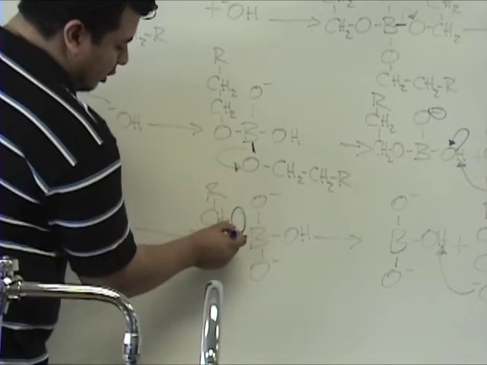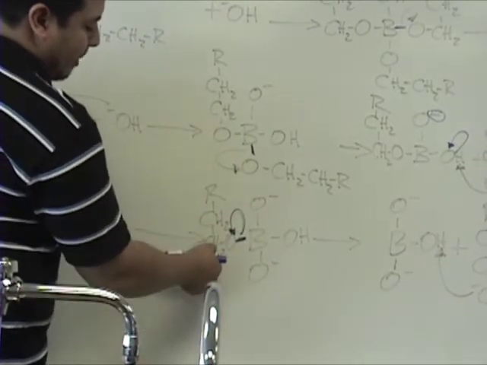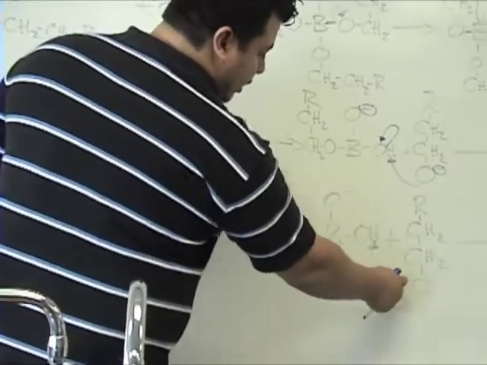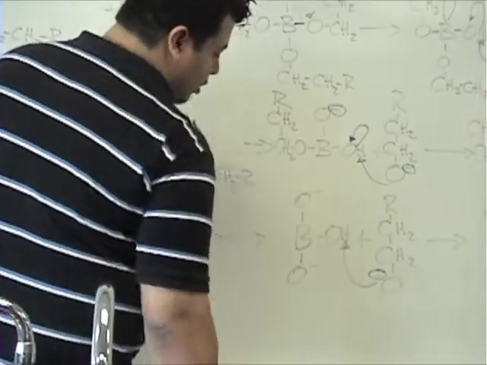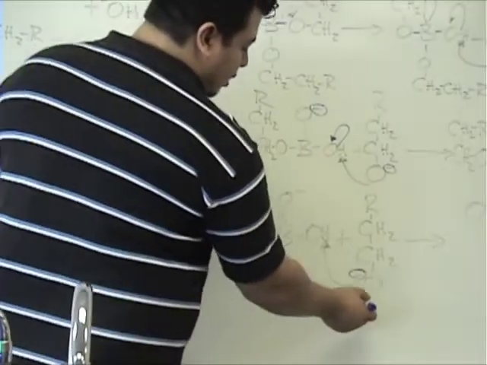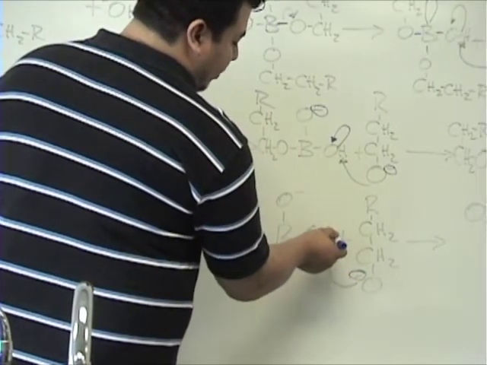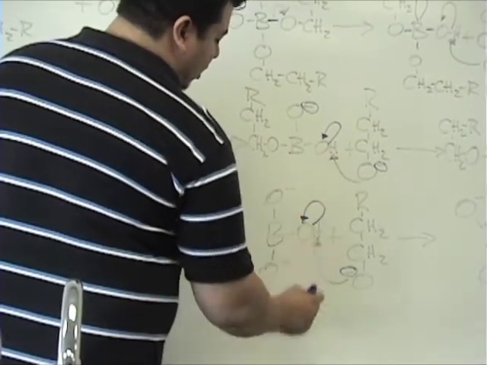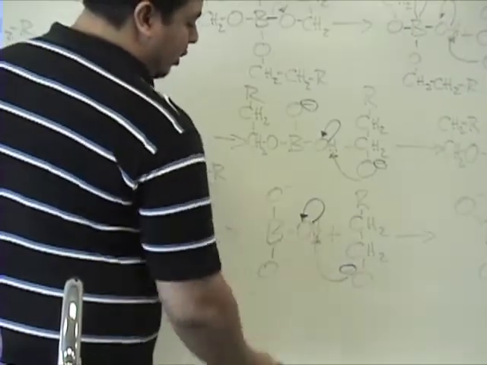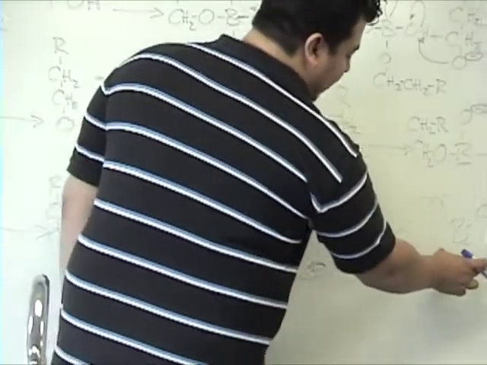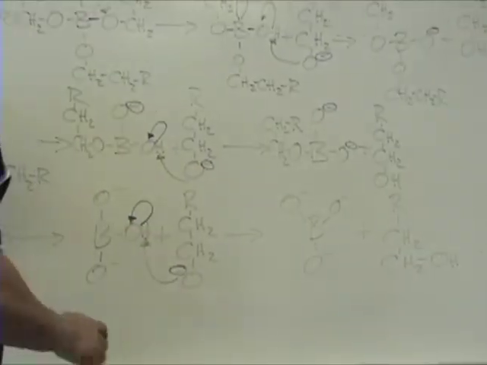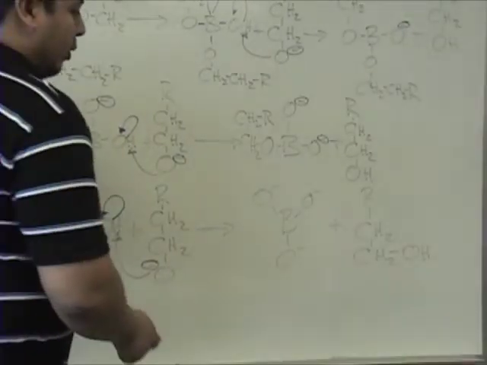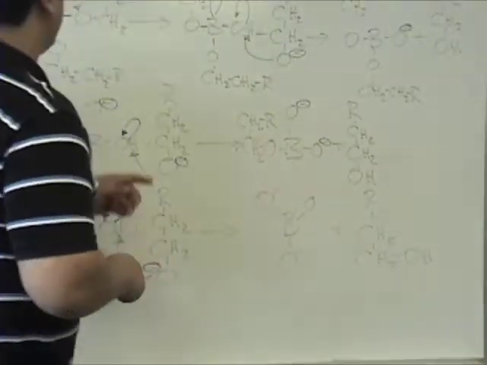The electrons go to oxygen. So this whole part leaves with a negative formal charge, and then that oxygen is going to pick up the hydrogen. The bonding electrons there are going to go to the oxygen, and it's going to leave the third oxygen with formal charge negative. And then we have our third molecule